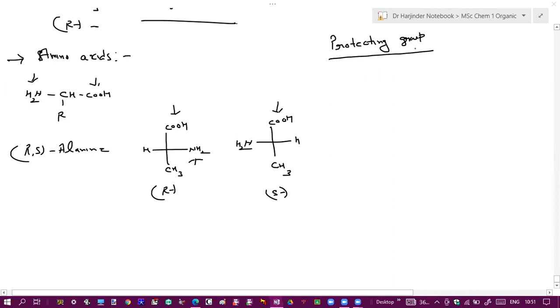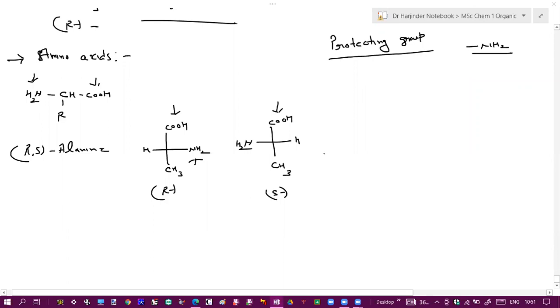Yes. A protecting group is any group that reduces the reactivity of a functional group and it can be removed at a later stage. What you do is attach a protecting group to the functional group of your substrate molecule. It will reduce its reactivity, and when the reaction is done you can easily remove it. So let us separate this mixture by protecting this NH2 group and by using this carboxylic group. Now, how can we protect the NH2 group?